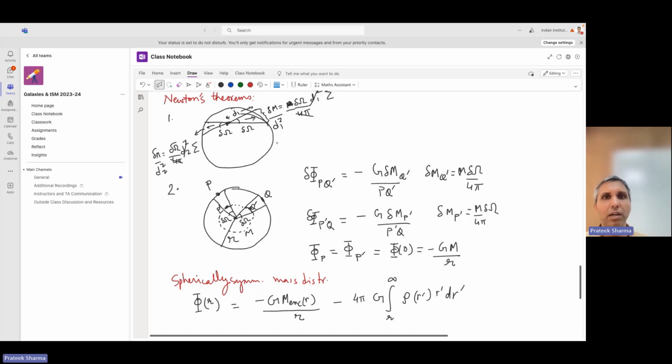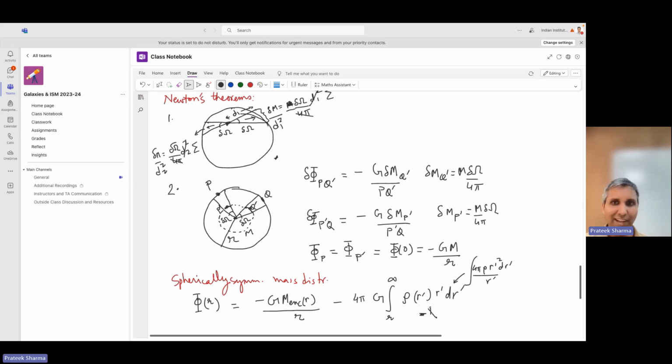So if you are calculating the potential at this point due to spherically symmetric mass which is outside, that's just the work done in order to bring mass from infinity to this point. That's just this mass divided by r', so this is nothing but 4 pi rho r' squared dr' divided by r', and then you integrate. Okay, so this is the inside contribution to the potential. This is the outside contribution to the potential.